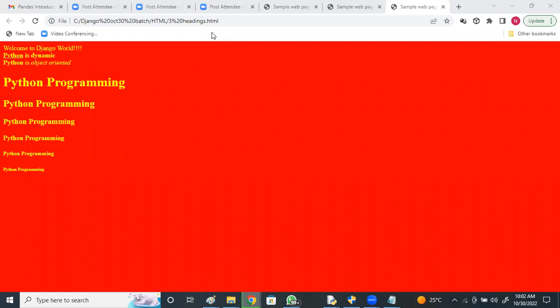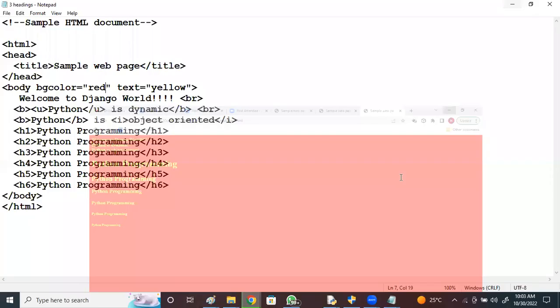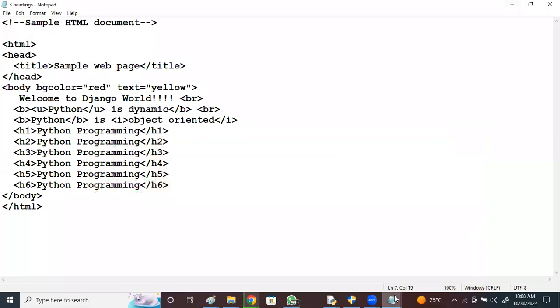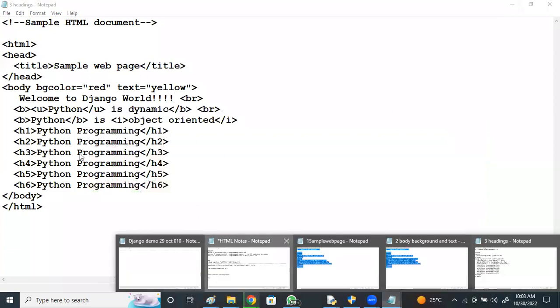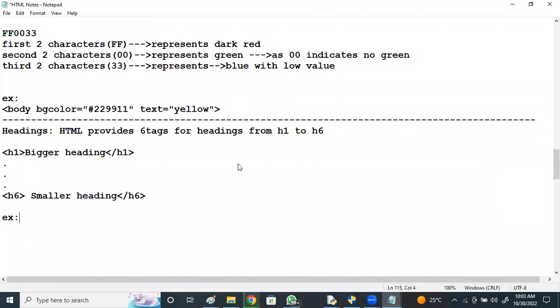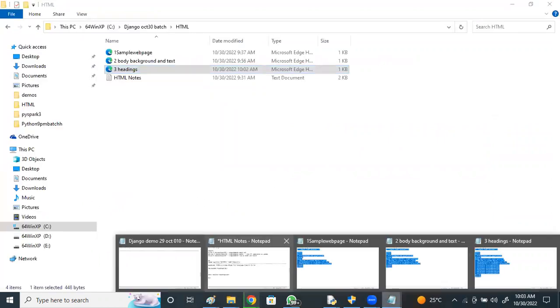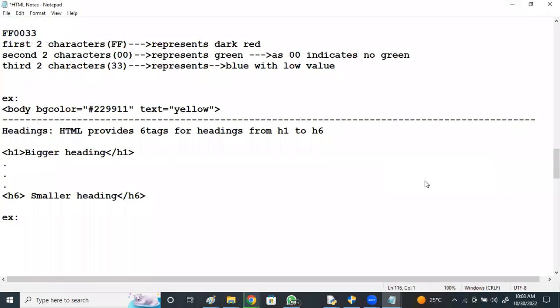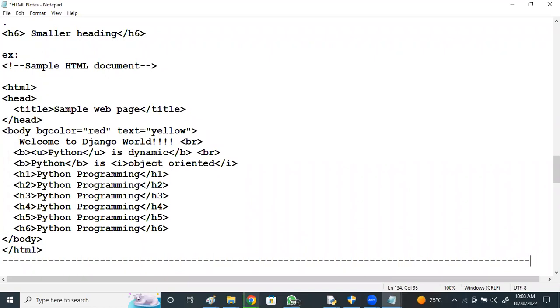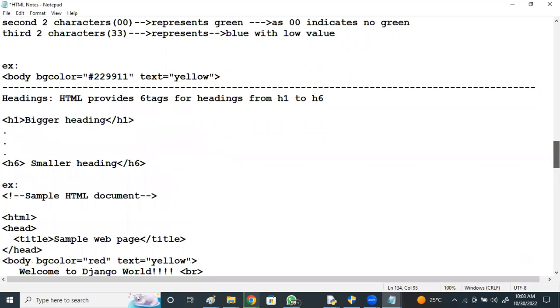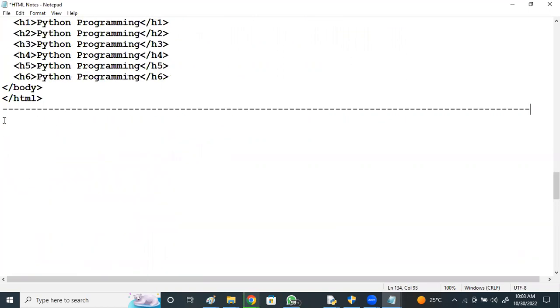If you want that heading at the top center of the page, there's one more tag, the center tag, for the text to appear in the center.